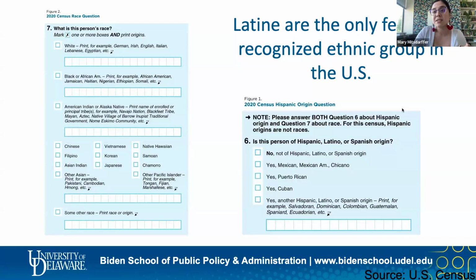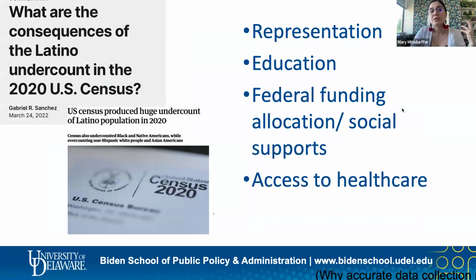And it leads to measurement and measurement error. So we know on the 2020 census that there was a lot of undercounting that happened. About 4% of Latinos in the United States went uncounted, which is huge, especially in districts and areas that have large Latino populations. Like if you think about the southeastern or southern United States and places like Texas, if you're looking at a population size of, let's say, 1 million people and you miss 4%, that's about 40,000 people. And it impacts things like representation in the House of Representatives.